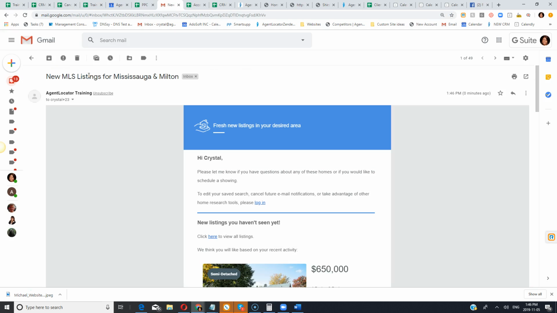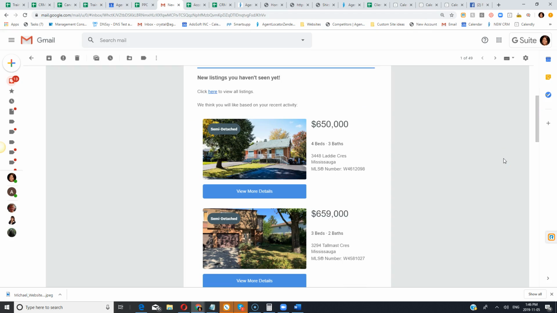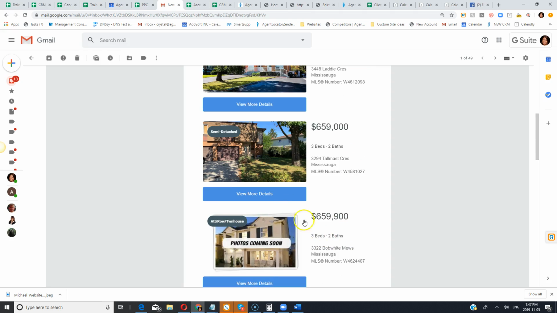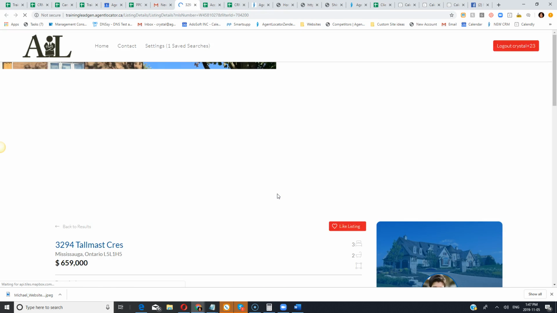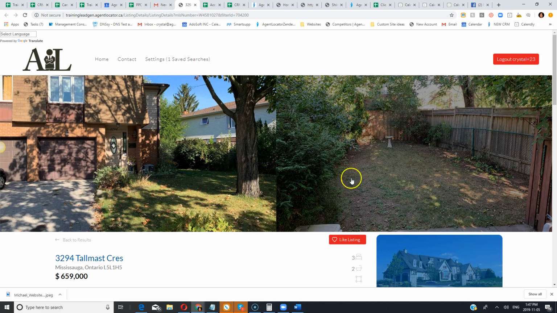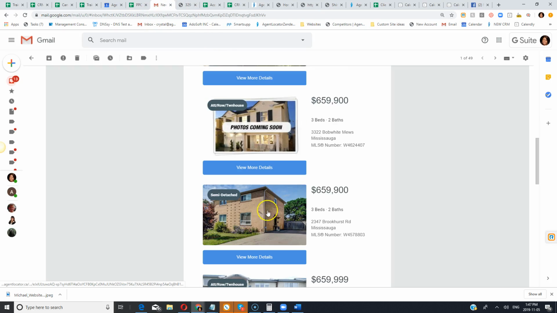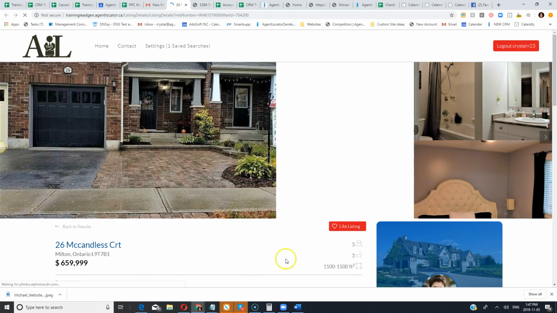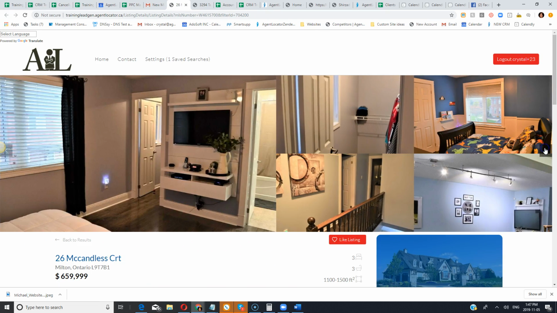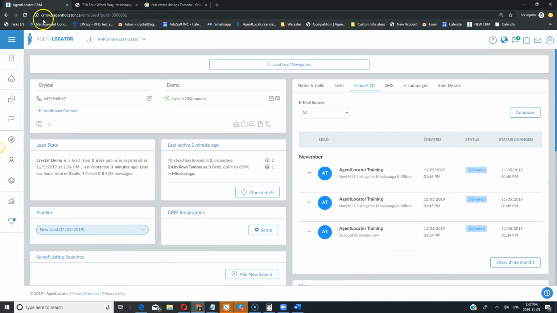So once I've got it in here, now what's great about our system is that it's going to continuously track what your leads are doing with the listings. So I'm going to look at a couple listings here just to kind of look through things to show you how that all works. So once I go in here, this one only has 2 photos, it looks like, so nothing major. And then maybe I'm going to check out this one as well, just to show you guys some activity and how that all works. So if I go back here